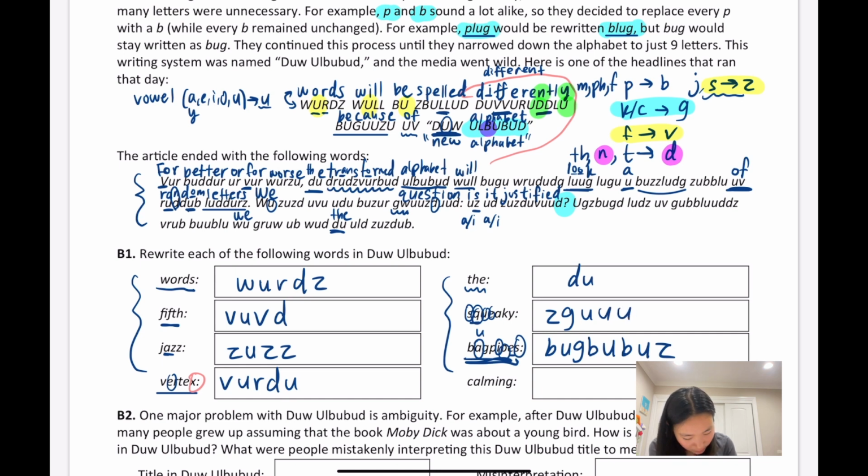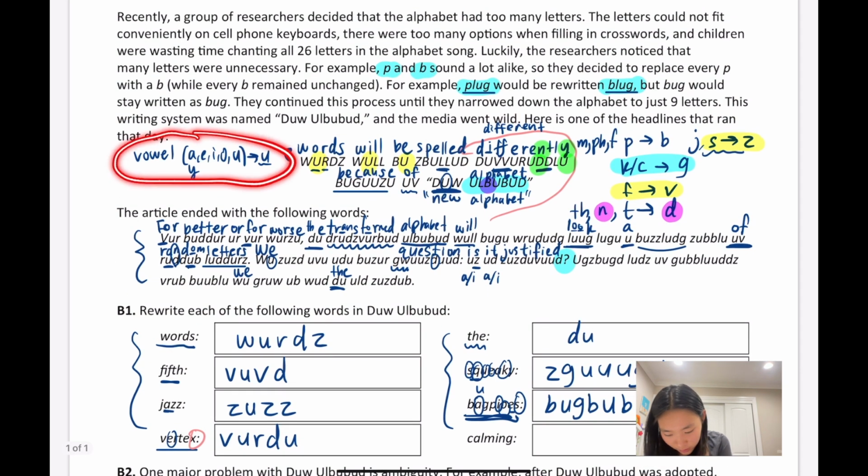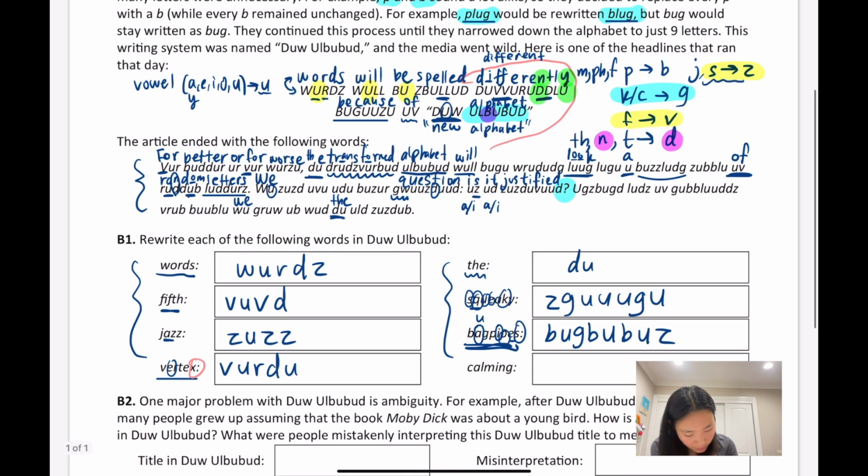So we have 3 U's here. The K sounds, or the C sounds, are replaced with G. And the Y is, again, a vowel that we determined in our correspondence over here. So this should be the correct, hopefully,